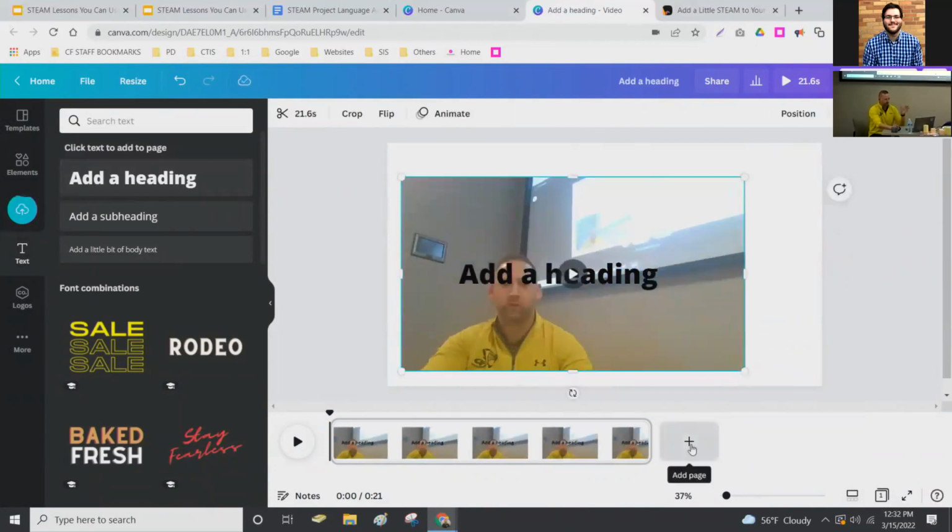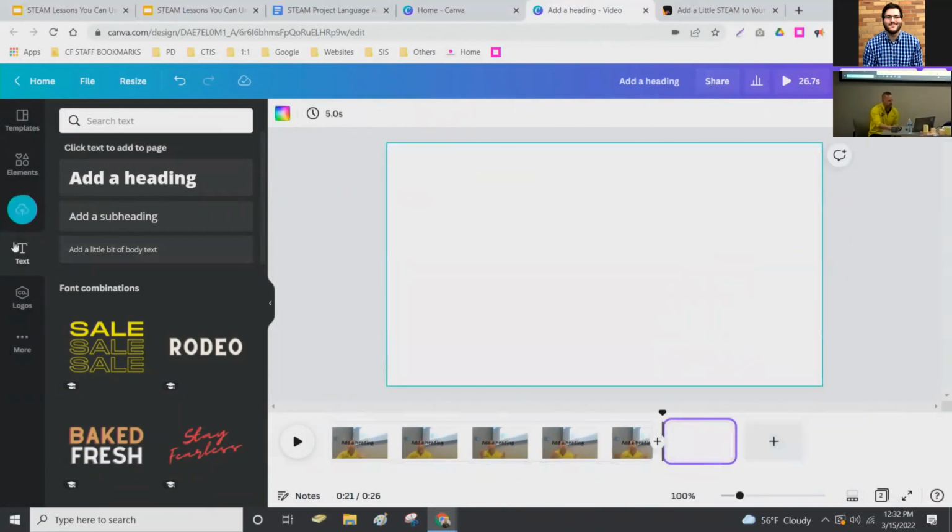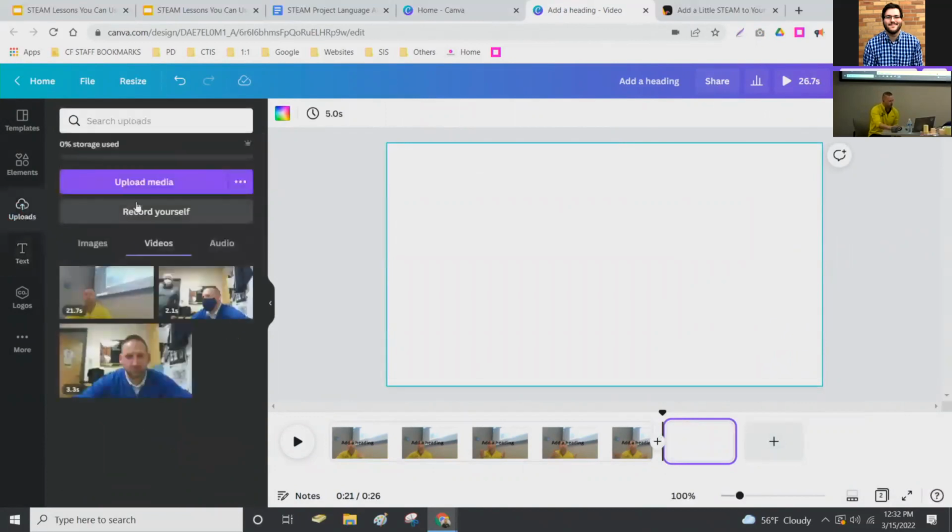And we've got these separate scenes. So if we had group work and we each had a part, it still has the share option. My partner can do the same thing. They could add their own page. They could record their own video. So just enough. Oh, you know what?